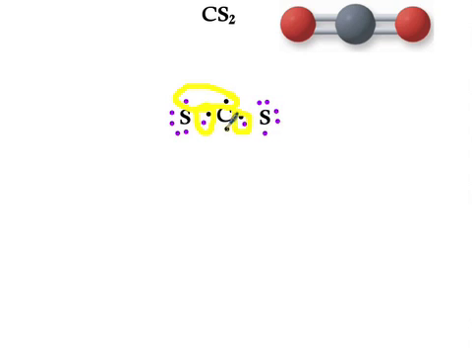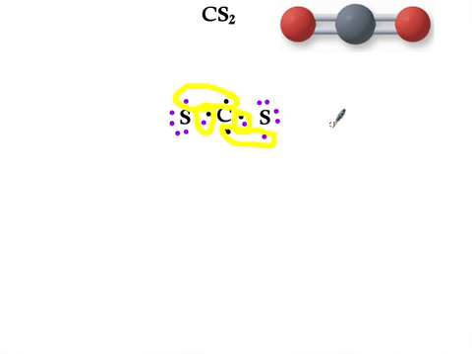Notice that the pi bond wraps around. Oops, right over my dot. The pi bond wraps around that. Make it dark again. And we have 2 pairs of shared electrons for each of the sulfurs, with the carbon